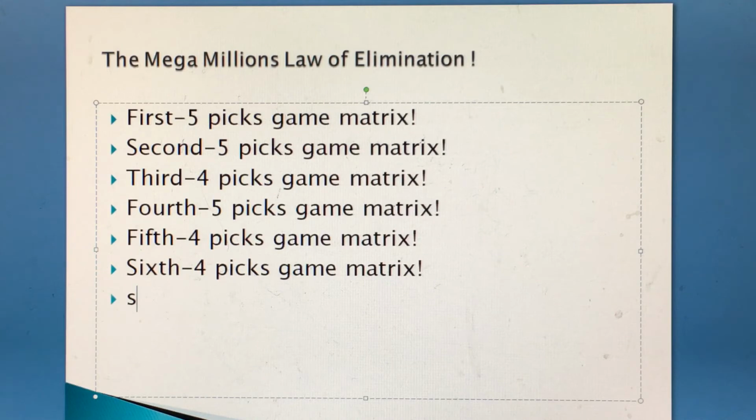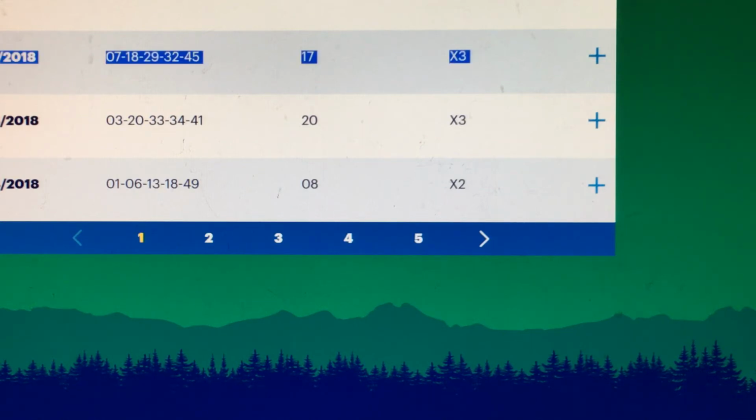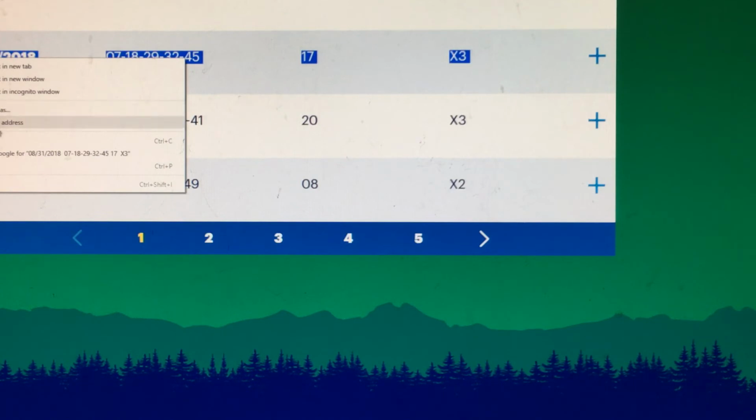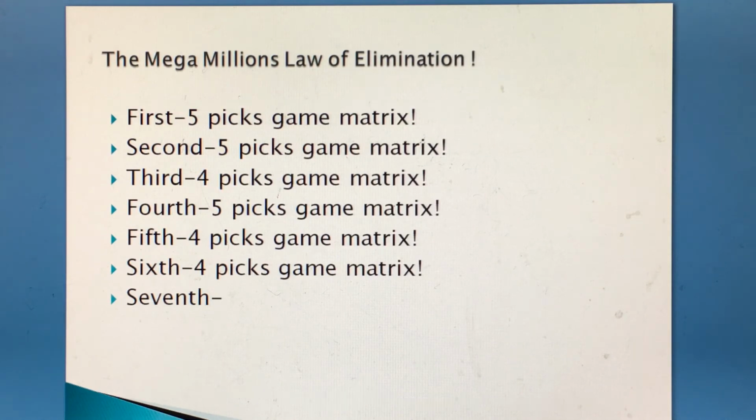Now let's look at the 7th drawing. Now make sure the law of elimination doesn't go past 14 drawings. The maximum is 14 drawings. So for the 31st,